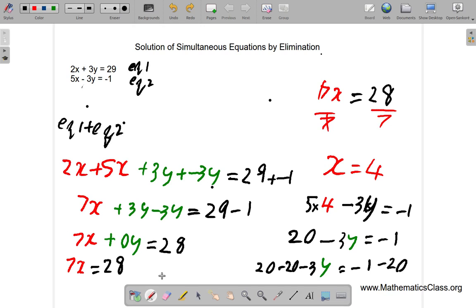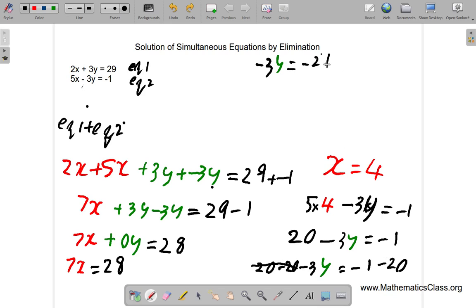Let's erase what we have here up here to make some space and continue working up here. So 20 minus 20, you don't have to worry about the 20 anymore, that's gone. So we have negative 3y equals negative 1 minus 20 is